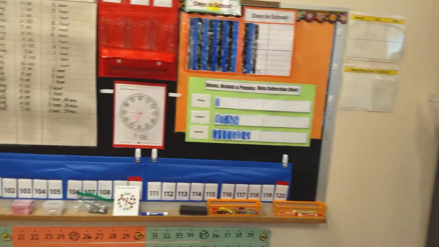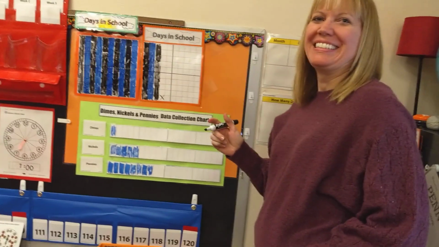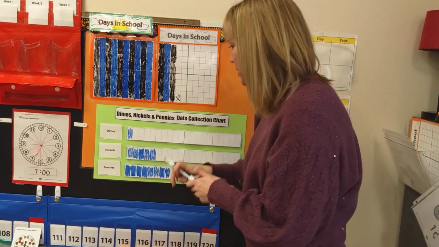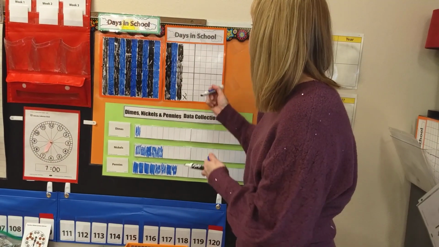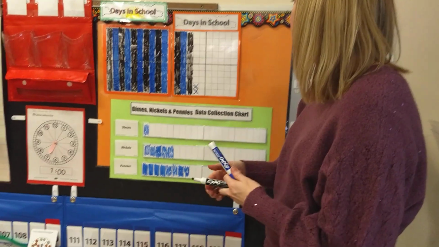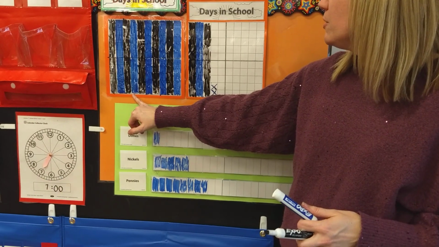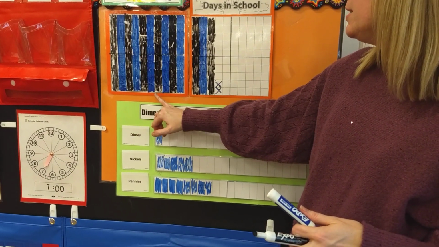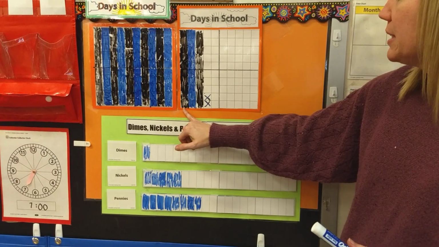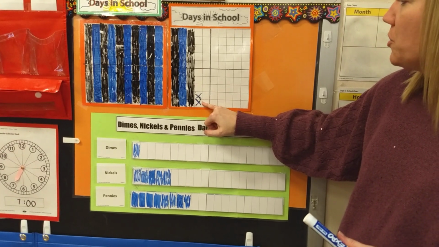Oh, excuse me, Mrs. Proust still needs to tell us about the date. All right, so let's add another day to our days in school. Oops, I should be using blue. Sorry. Okay, so let's count to see how many days we have now. 10, 20, 30, 40, 50, 60, 70, 80, 90, 100, 110, 120, 130, 131,